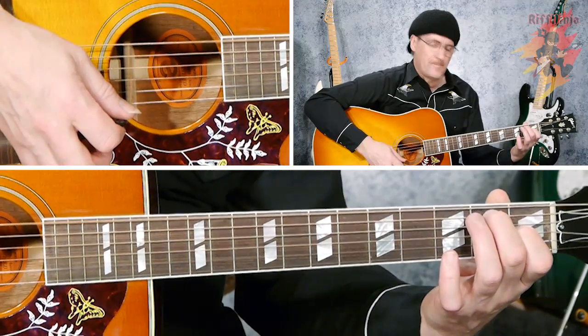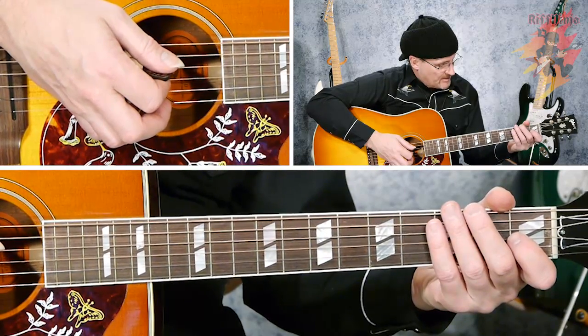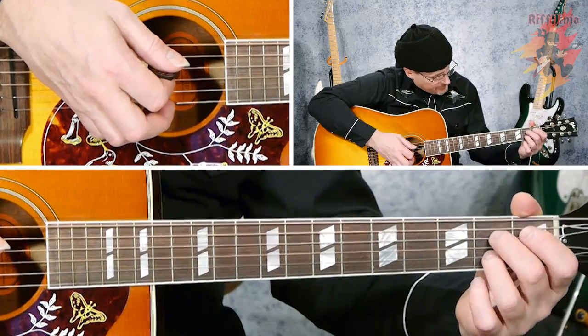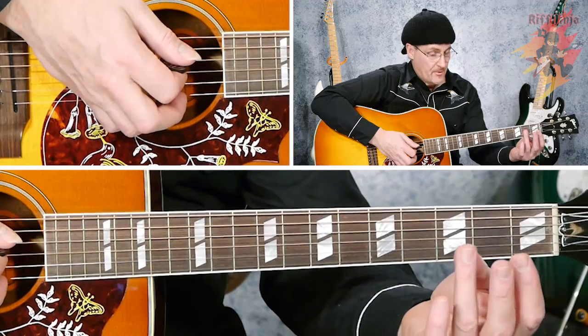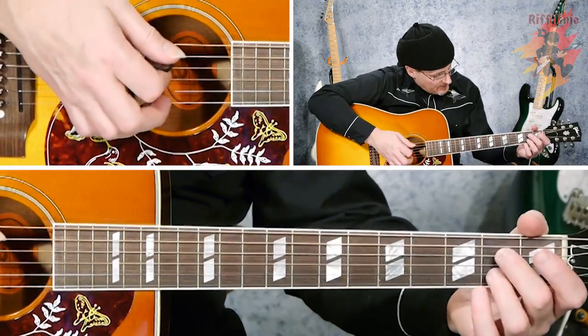Really good sounding chord. The next chord is an A7th. And to make it really easy for you, I'm going to tell you to play it with your 2nd and your 3rd finger. Use your 2nd and your 3rd finger. That's 1st, 2nd, 3rd, and 4th. Pinky's the low man out. And for this